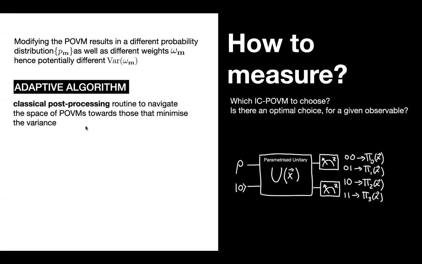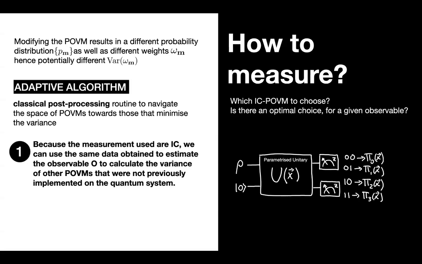So we start with a certain POVM, certain sets of effects, pi 0, pi 1, pi 2, pi 3, and then we do something which allows us to choose a better POVM, a POVM which minimizes the variance. And we can do this because the measurement results that we obtain are informationally complete. So we make a certain set of measurements and we obtain some data, and we can use this data to estimate the observable,